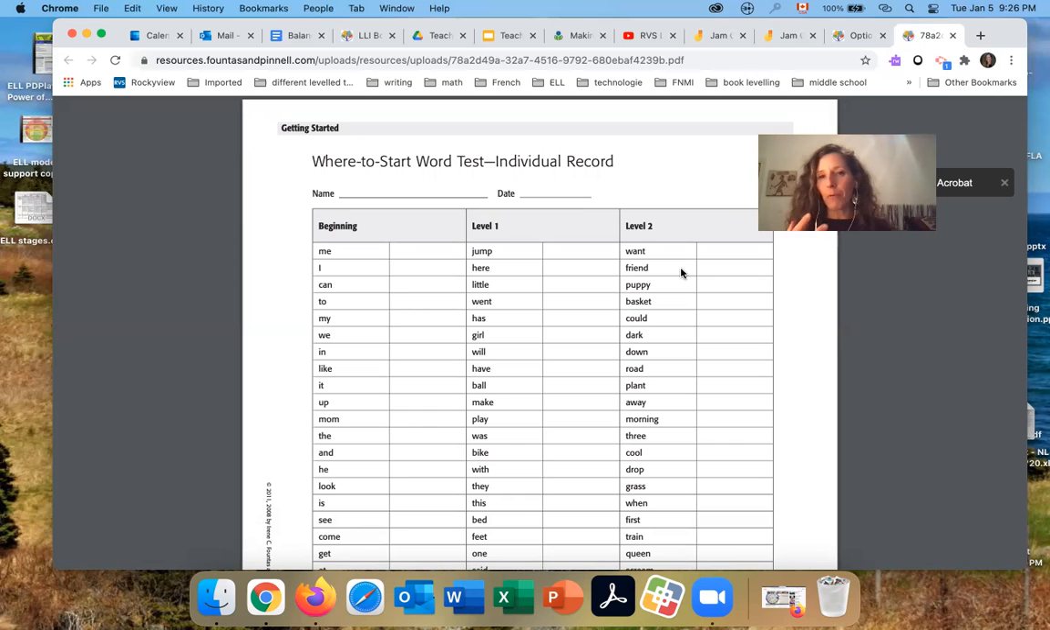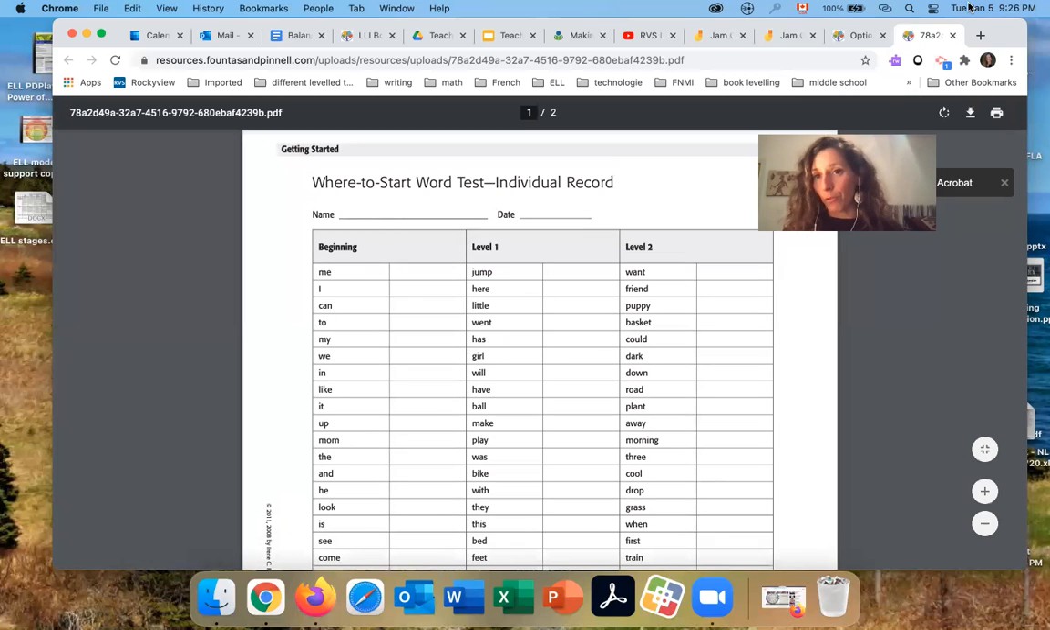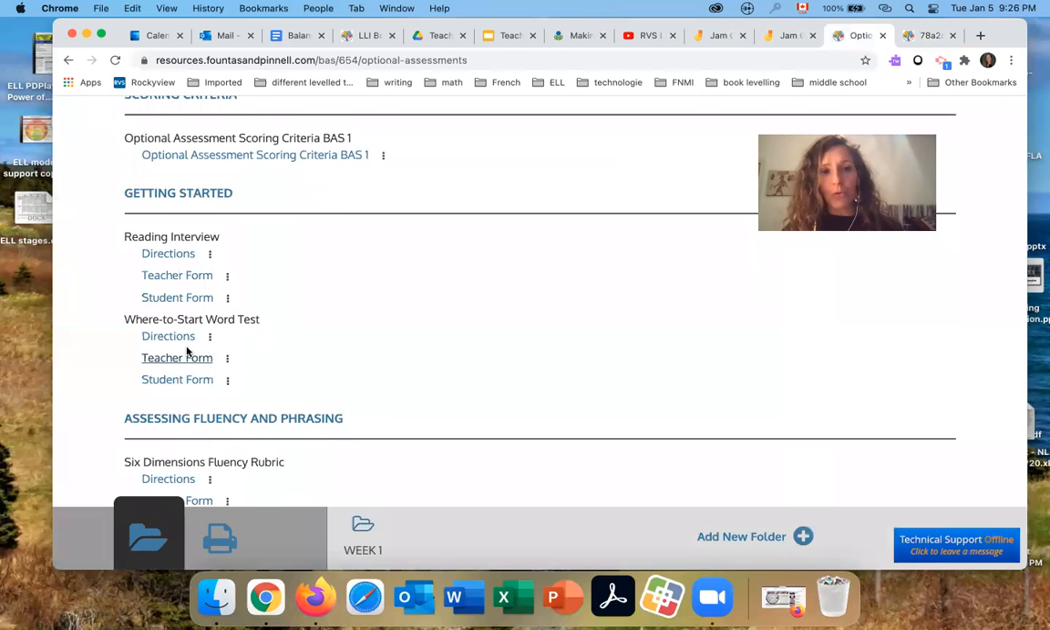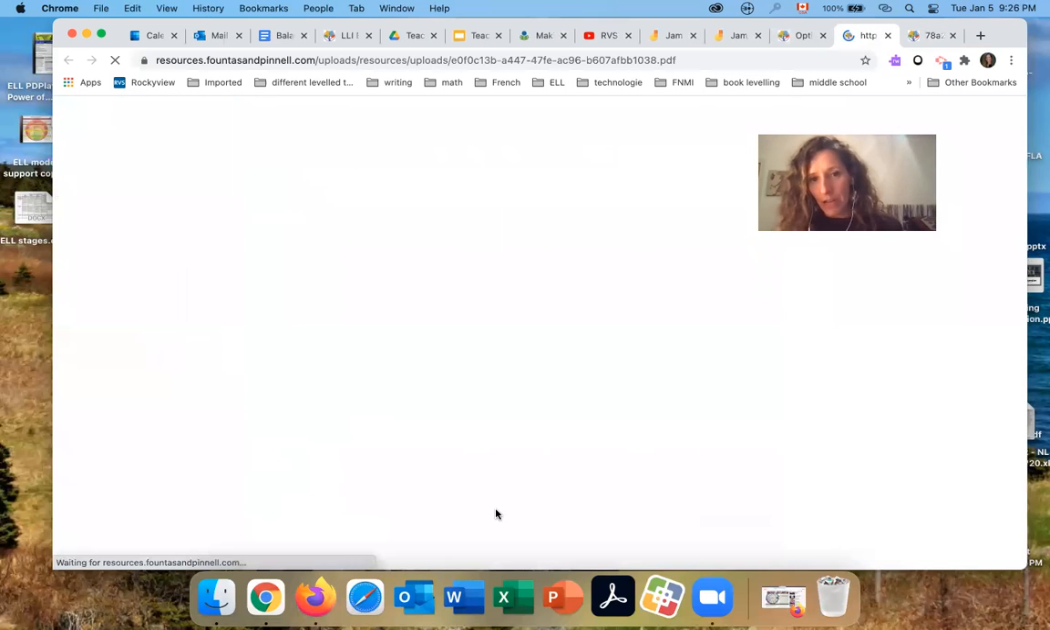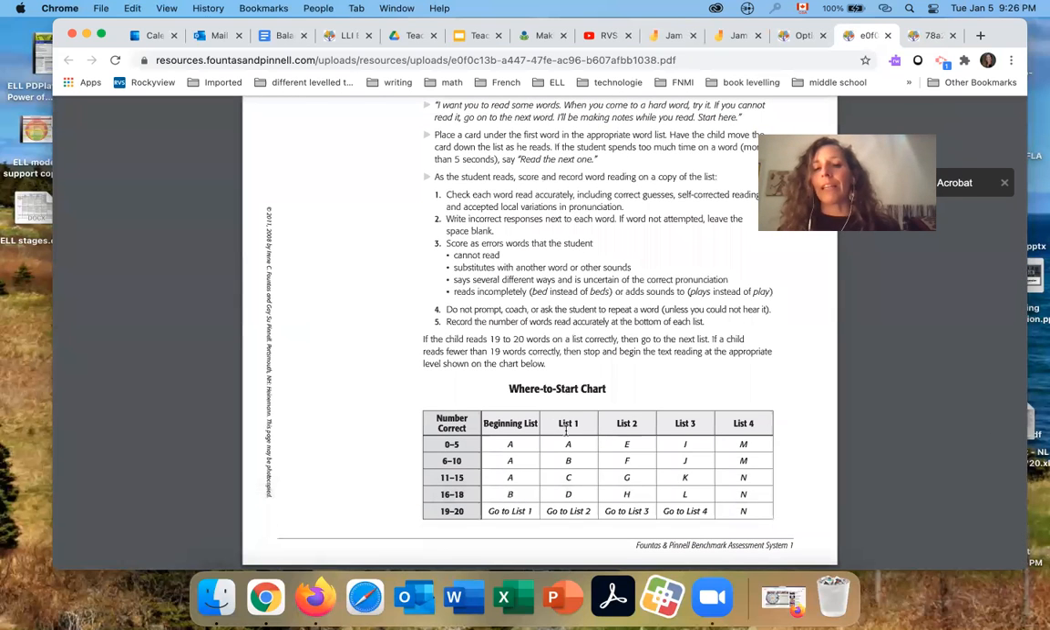So these are some examples that if you're going to take time to do an assessment, you want to extend it and make it into a task where your students get a chance to expand and practice more. So the where to start word test, you would get the students to read them. You're going to keep track of how many answers the student got right or wrong. And then you will use the direction form that will tell you if the student was reading in the list